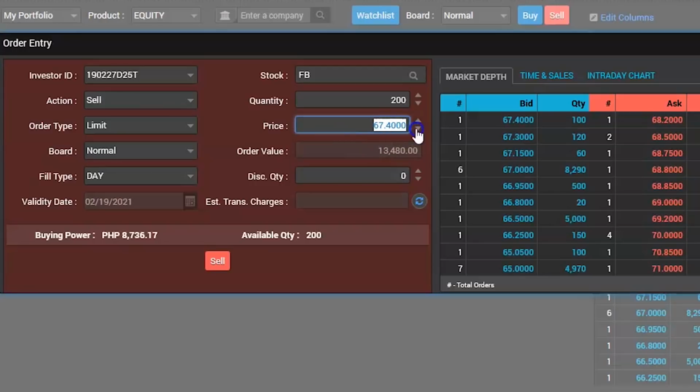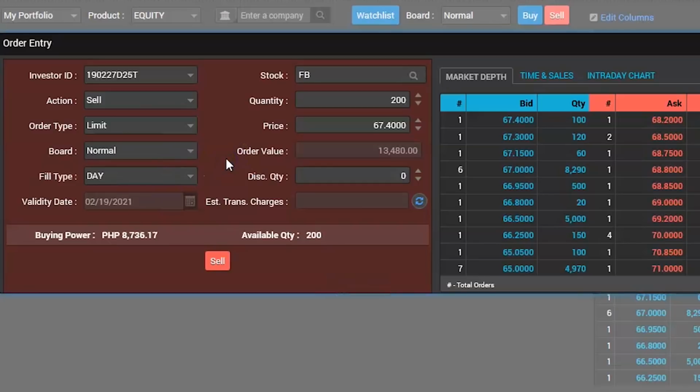I'm going to keep this bid price. And so that's the order I'm going to hit. I'm going to hit sell. Now, what happens? This order hopefully will sell. And if it doesn't sell today, the order will cease to exist. There will be no order tomorrow if for some reason this does not execute today,